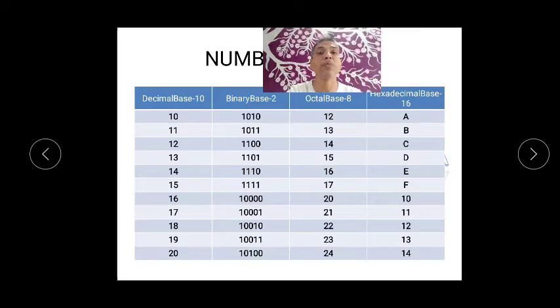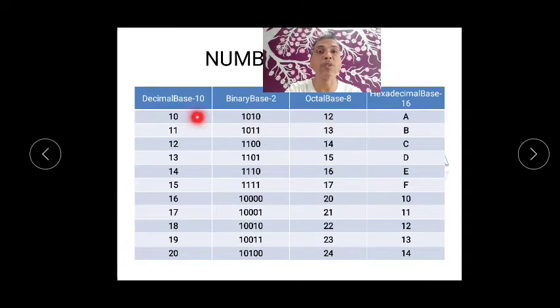Now let's see some more numbers. For decimal 10 you will be having 1010 in binary. This is octal, this is hexadecimal, because 10 stands for A, 11 stands for B, 12 C, 13 D, 14 E, 15 F. Now you can see this also has been increased; I think you can imagine that it is like a meter reading. So I hope you have seen that after 17, again it will be just changing to 20, 21, 22, 23, like this up to 27.